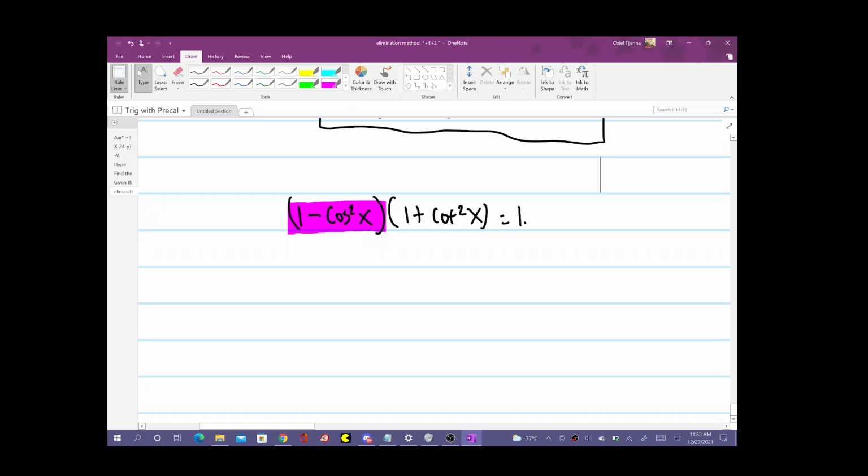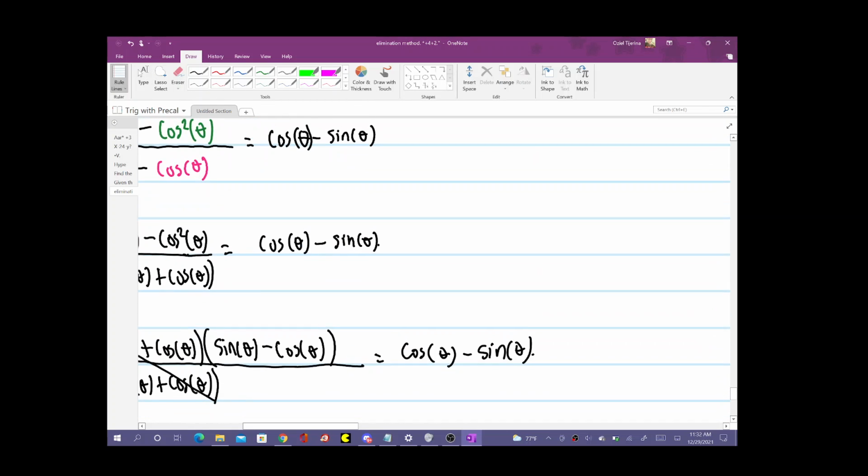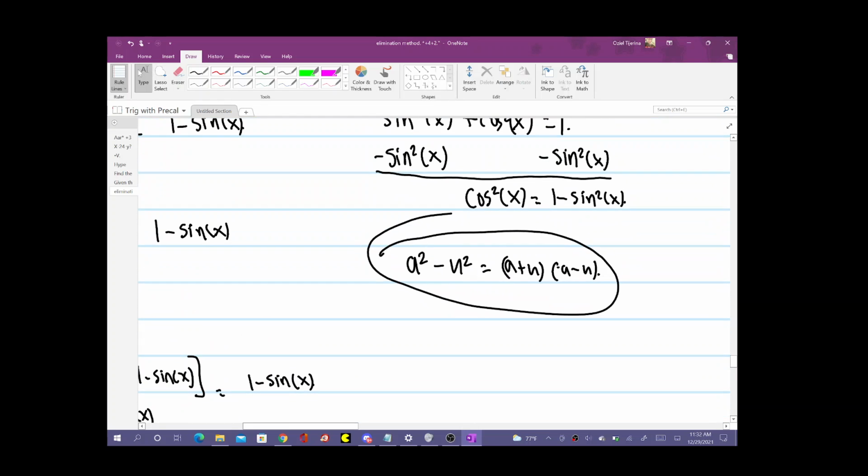So, basically, we're gonna make 1 minus cosine squared x into sine squared x, okay? The reason why I said that is because, remember, sine squared x, when I said all the way over here,